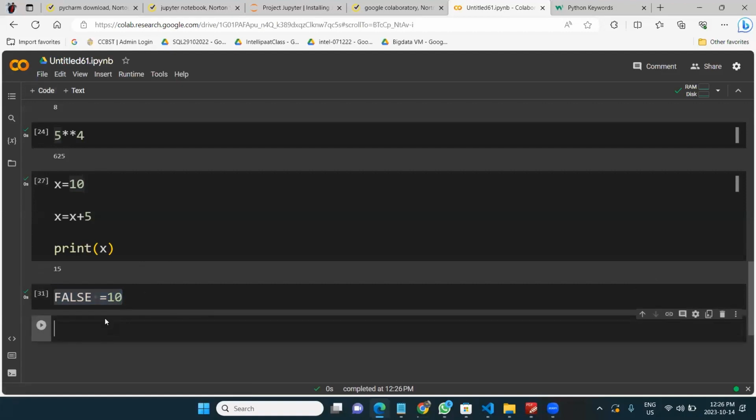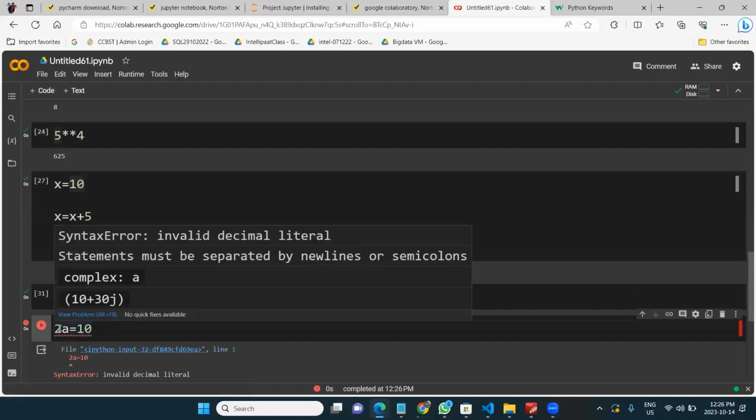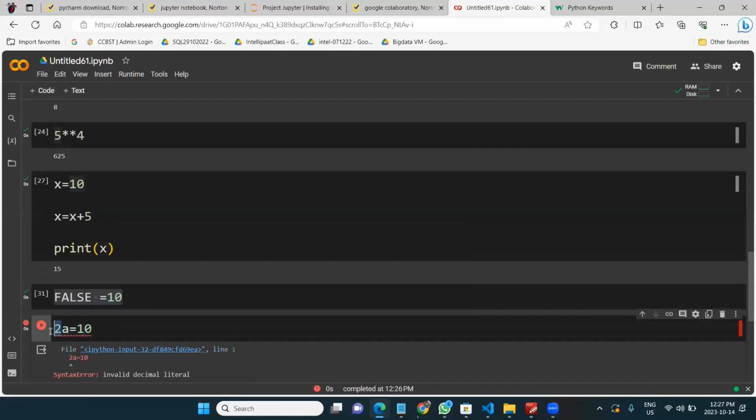Something like 2 = 10, you cannot use this as a variable name because you cannot use a number as the first character of a variable name. You can use a2 = 10, but you cannot use 2a = 10, 2x = 10, or 10x = 10. You can use a10 = 10, but you cannot use